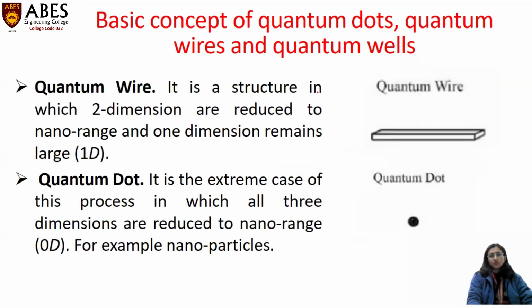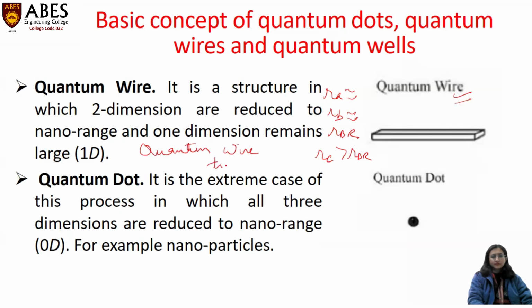The second confinement occurs when two dimensions, Ra and Rb, are comparable to the Bohr radius, while one dimension is greater than the Bohr radius. So it can be Rb-Rc or Ra-Rc. When any two dimensions are comparable to the Bohr radius and one is in the bulk state, then it is a quantum wire. It is a structure in which two dimensions are reduced to the nano range and one dimension remains large. Examples of quantum wires are quantum wire